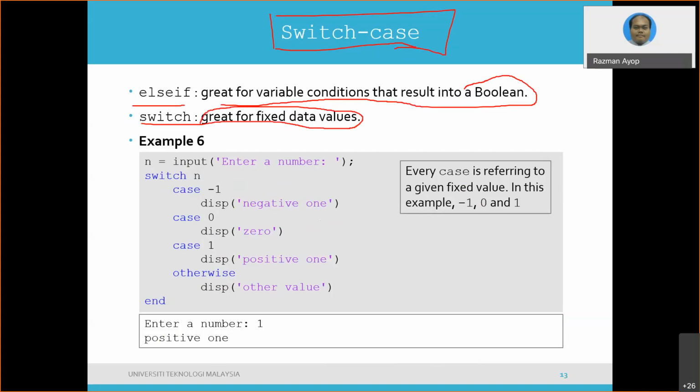So this one is much better if you use switch. I'll give you an example here. n is the input data, of course, the entered value. So switch n, you analyze the number here,